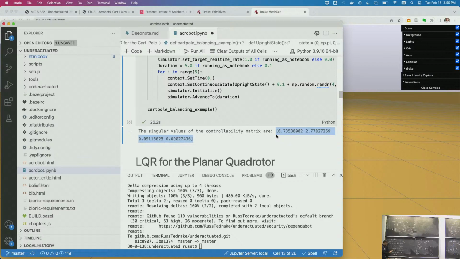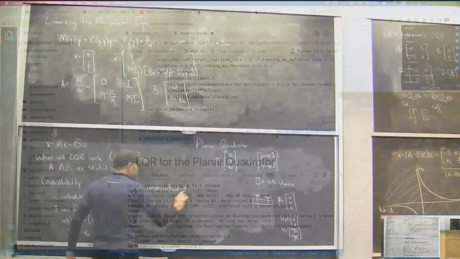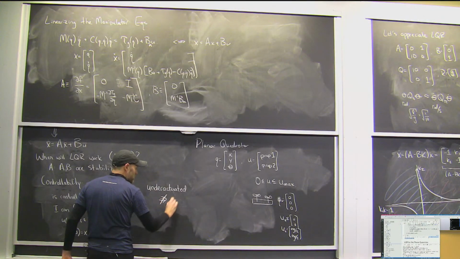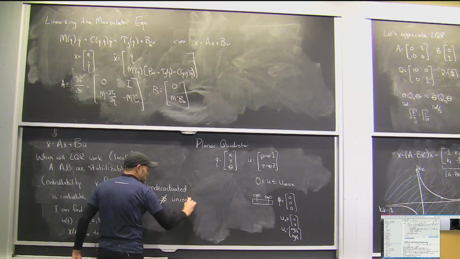So what I should say more precisely is, all I've proven here is that the linearization is controllable, that in the linearization, it can get from any initial condition to the origin. Okay? So being underactuated does not imply uncontrollable,